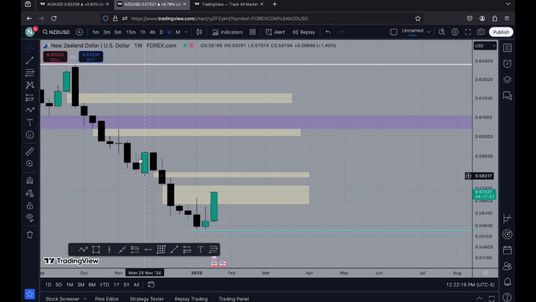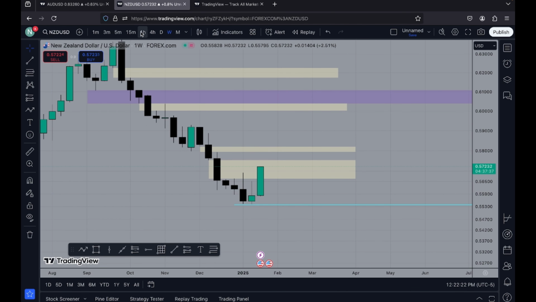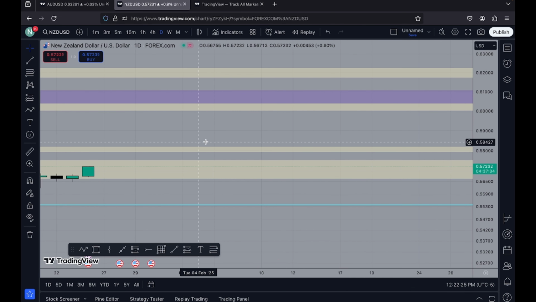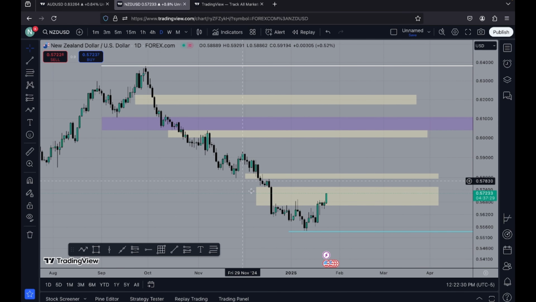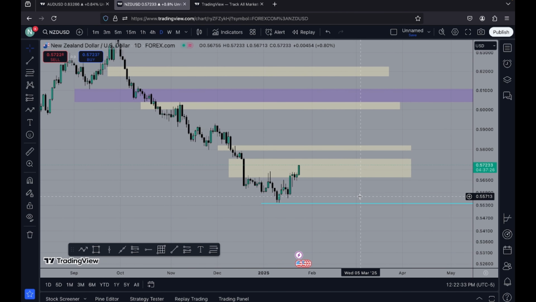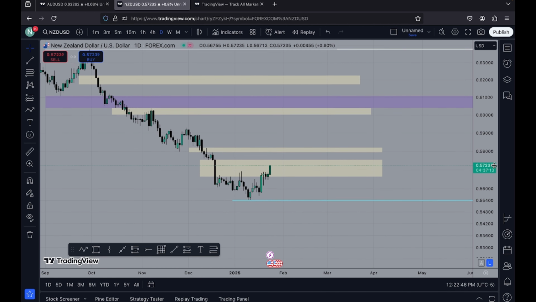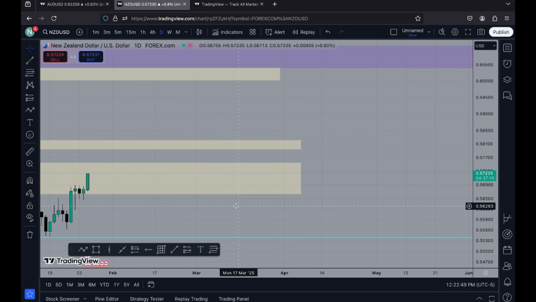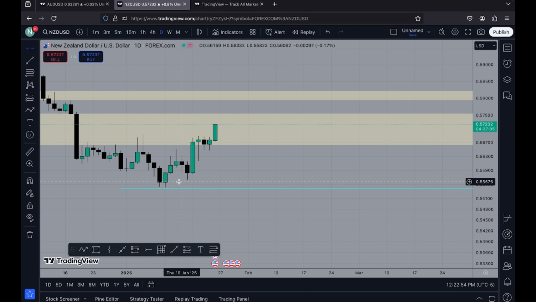Okay, so we've marked out everything on the weekly. Just before we continue, let me go to the daily chart. Yeah. So on the daily chart, say this is our focus for the month. I want you to also see that we have some overlapping situations here. Look at this on the daily chart. You see how this fair value gap on the daily chart aligns with the weekly fair value gap, this particular one. Let me zoom in so that I can see. So this daily fair value gap, watch, overlaps here. Now watch, at this point,